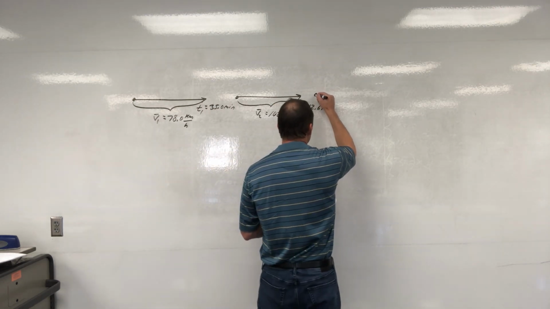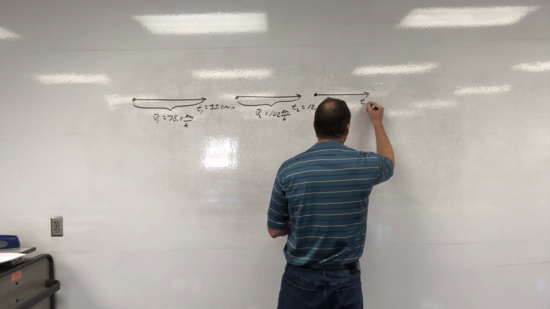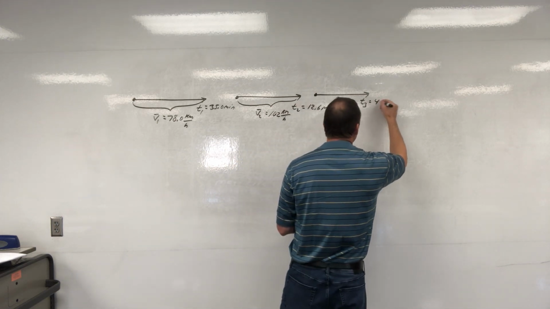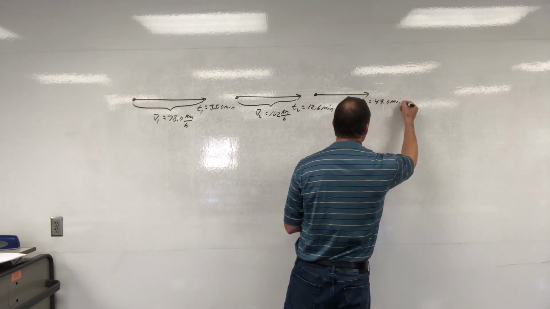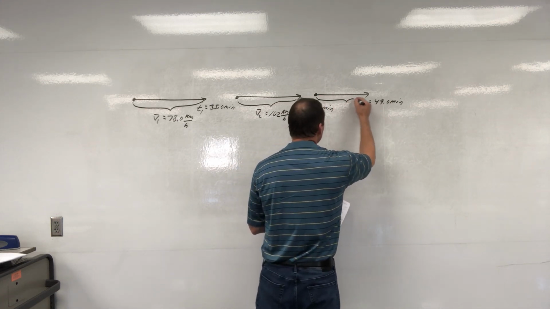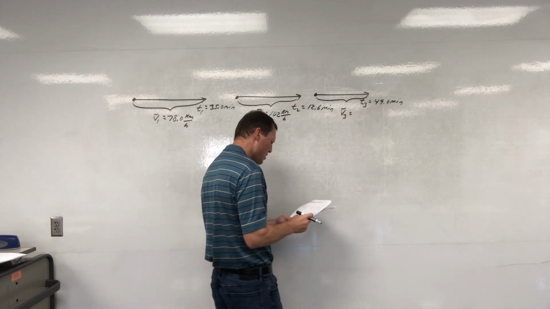Number 3, the third segment, T3 equals 49.0 minutes, and her average velocity here, V sub 3, was